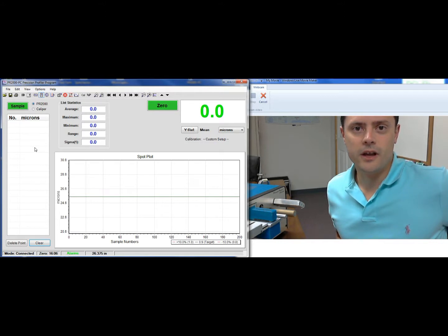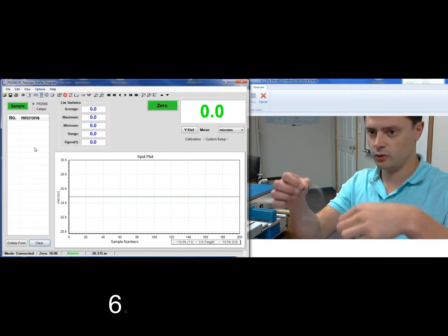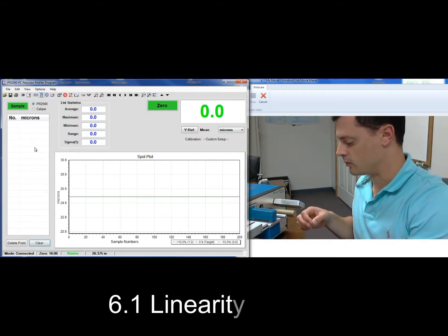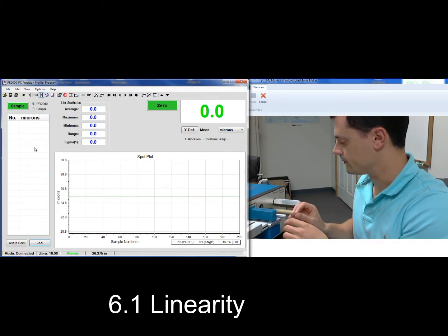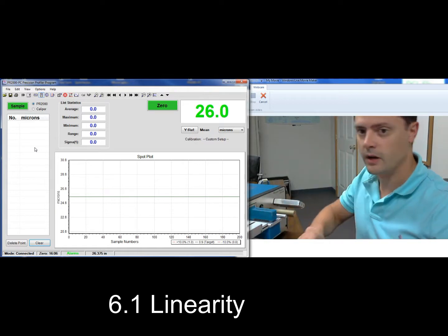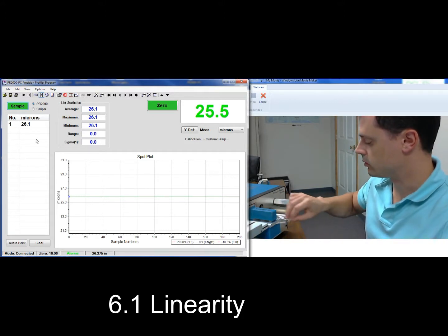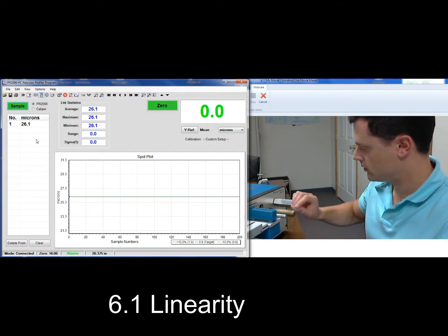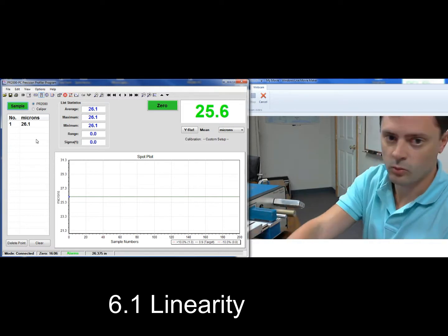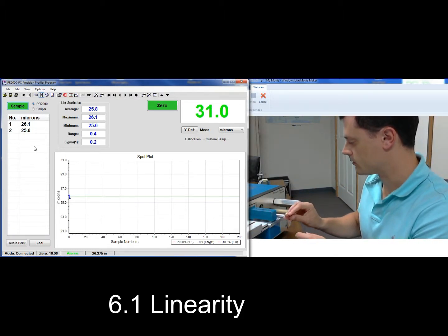So now I'm going to do the linearity test where I take 2 samples of reference material. I have 2 25 micron polyester film samples, and I'm going to measure them individually and then measure them together. You want to do this over your thickness range that you're measuring. I've just marked where I'm putting it, and then when I put them over top of each other,